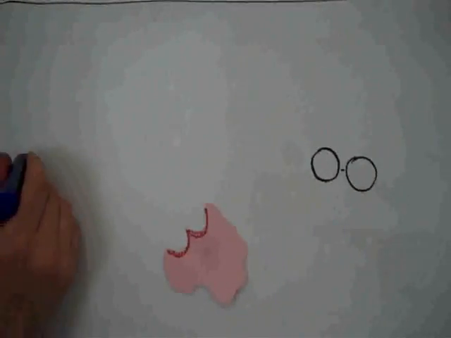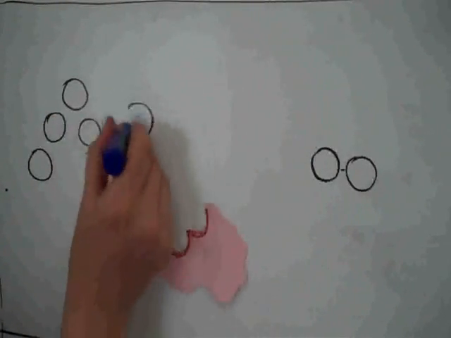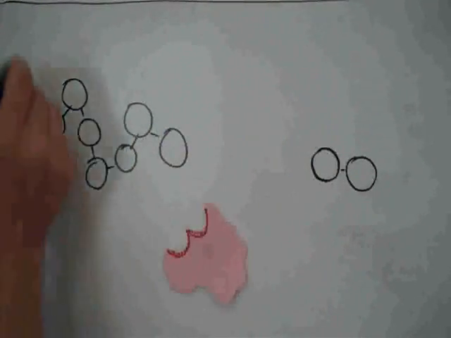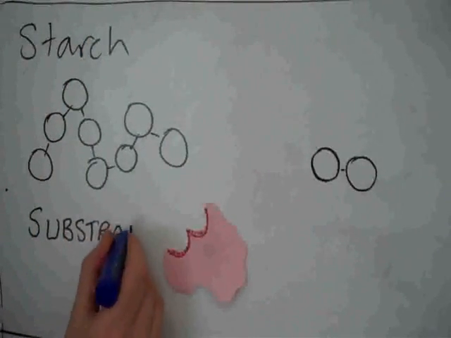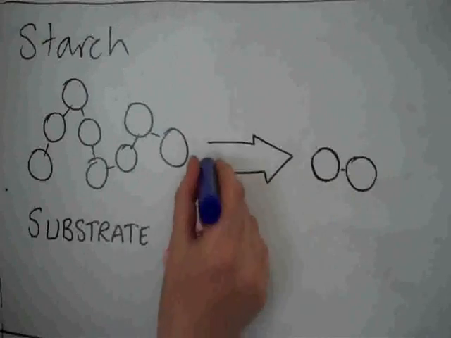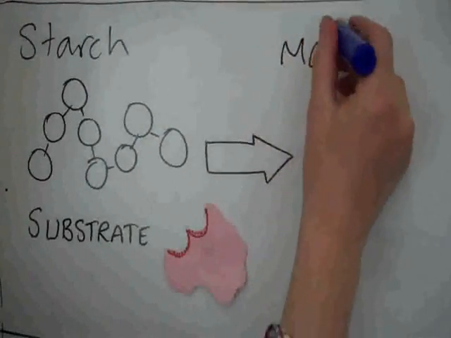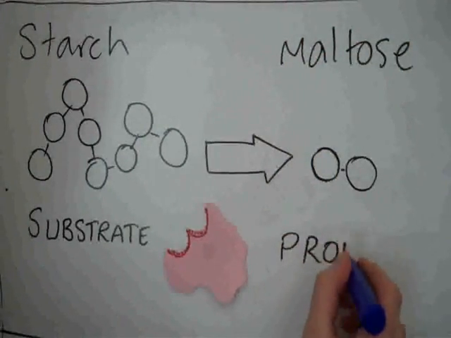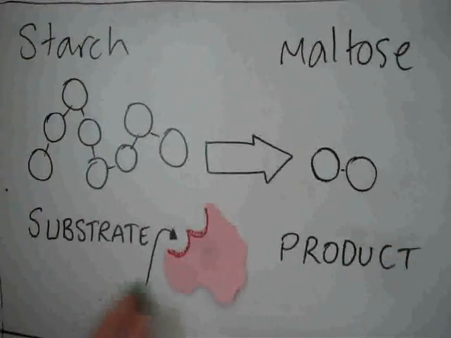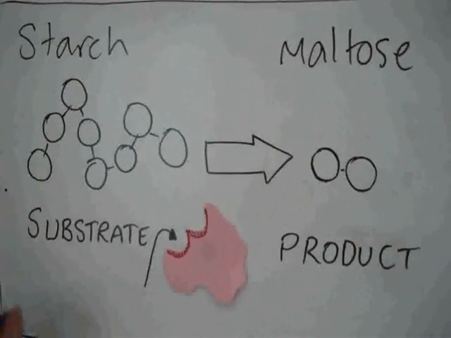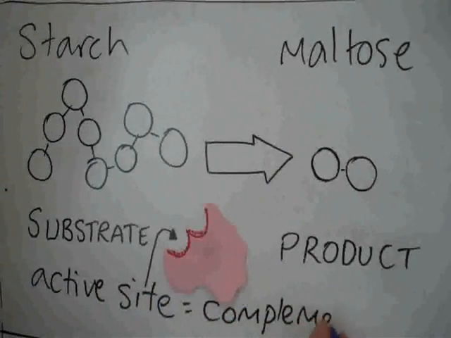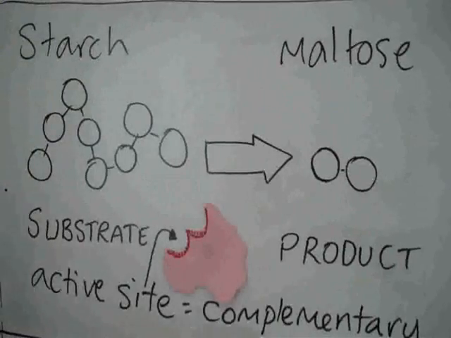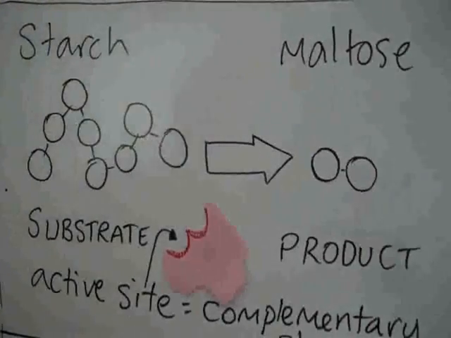And what we could do is we could write a little chemical equation. Here's some starch back, and we're going to turn it into maltose sugar. What we say is that starch is the substrate of the enzyme. Maltose, come on Bob, label it, thank you, is what we call the product. So enzymes have substrates and products, and they do all of their work using their active site, which is what we say is complementary to the shape of the substrate. In other words, it fits on, but complementary is a word I'd really like you to learn,